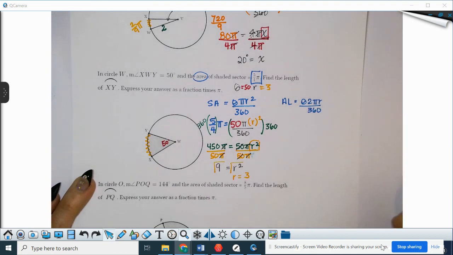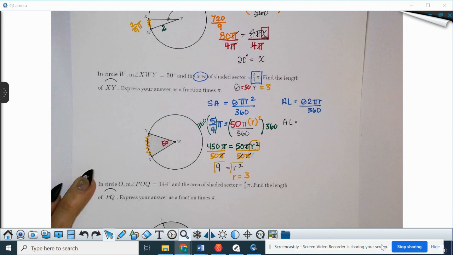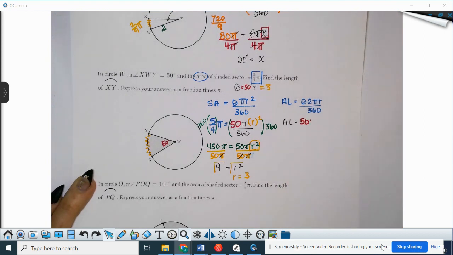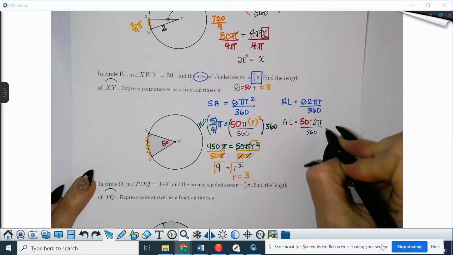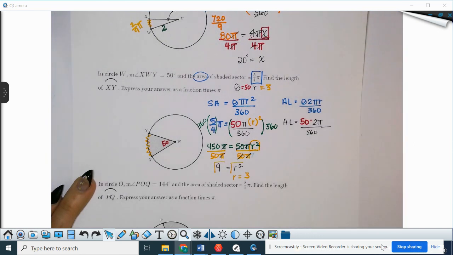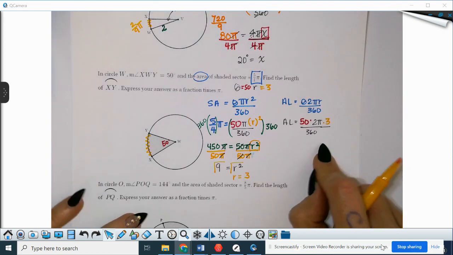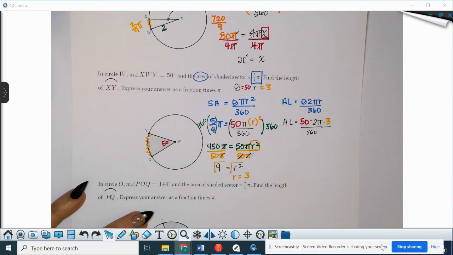All right, so our arc length we don't know. We do have our theta, which is 50 degrees, which they gave us in the very beginning. 2 and pi happen every time, along with that 360. And we found our radius, the 3, and it is the portion of circumference, so it's not radius squared, it's just radius. And we're going to do 50 times 2 times 3. So 100 times 3 is going to give you 300